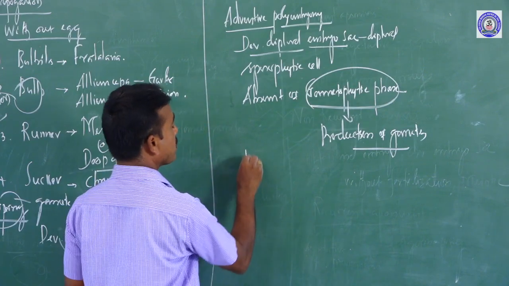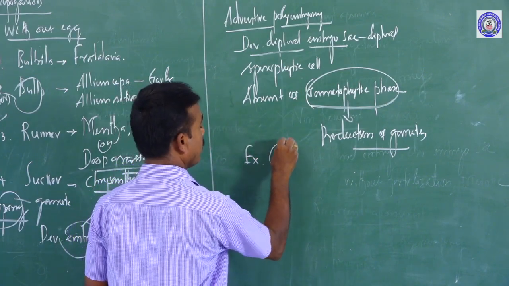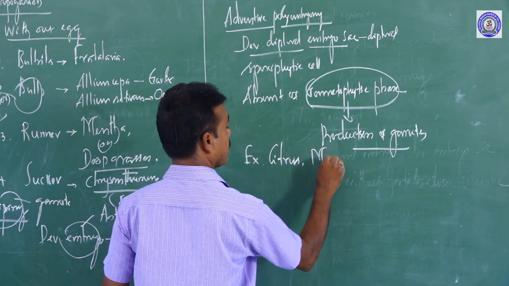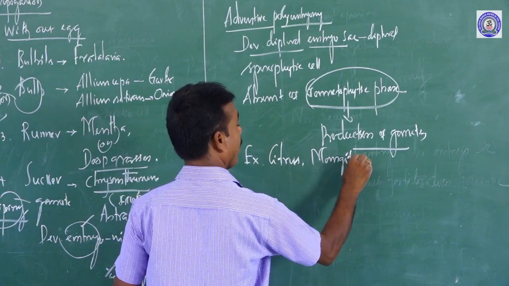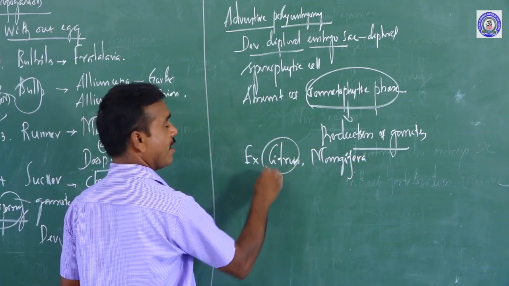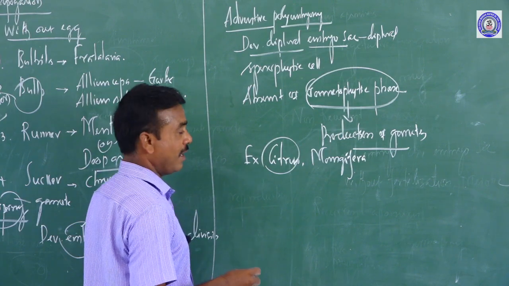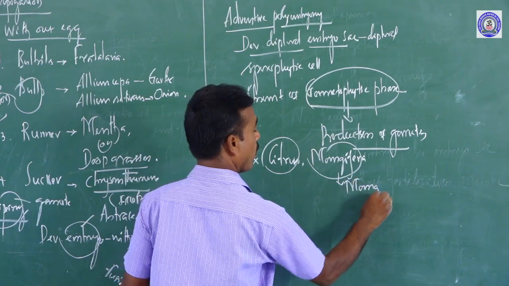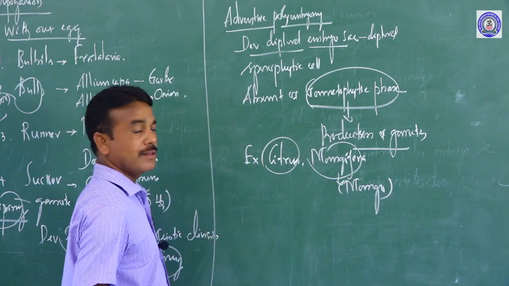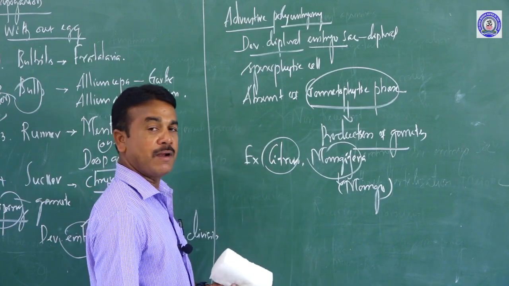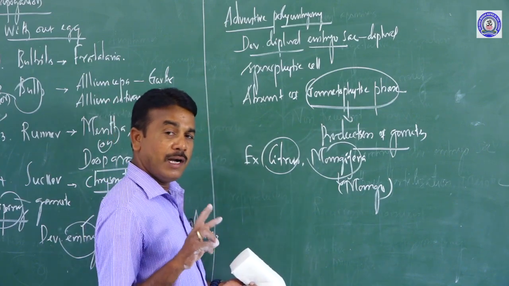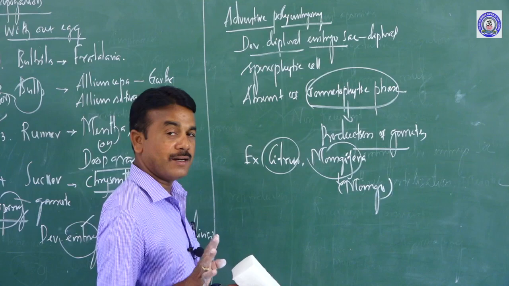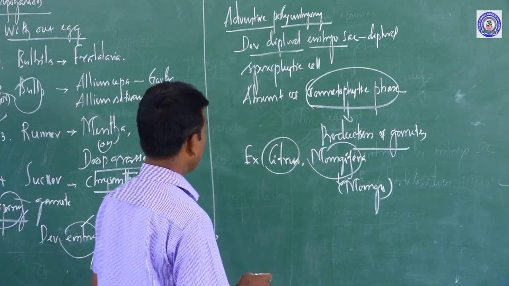These characteristic features generally occur in citrus species as well as Mangifera. Citrus is commonly called lemon, orange, like this. Mangifera is the greatest example, commonly called mango. These exist in adventive polyembryony. What is the meaning? Development of diploid embryo sac from diploid sporophytic cell. The next one going on,